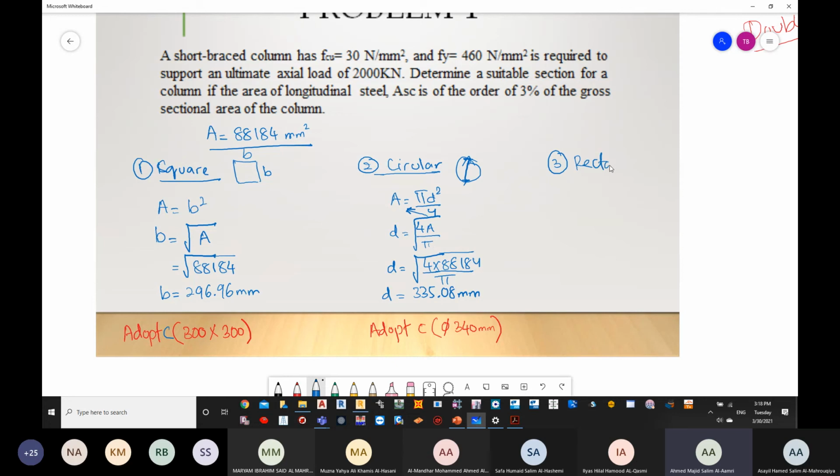So for a rectangular we are having B into depth. Now you will see, for me, there is only one equation, which is width into depth. I have one equation, but there are two unknowns, so I cannot calculate B and D unless I have another